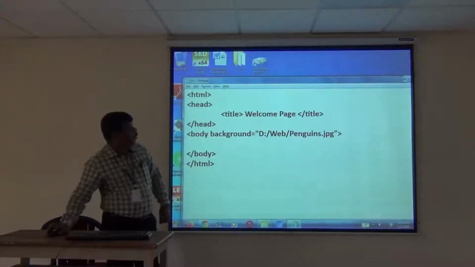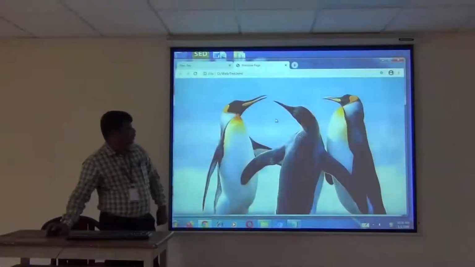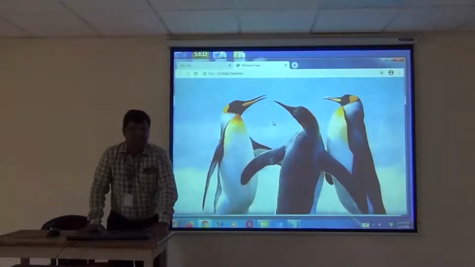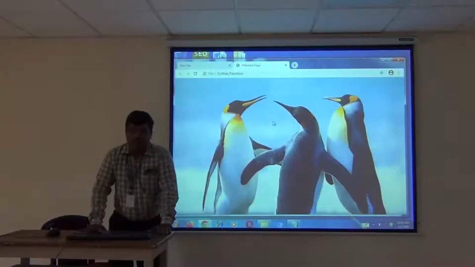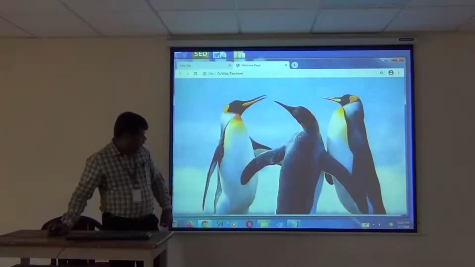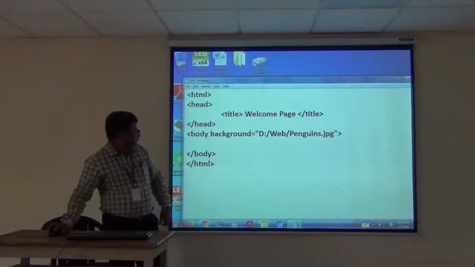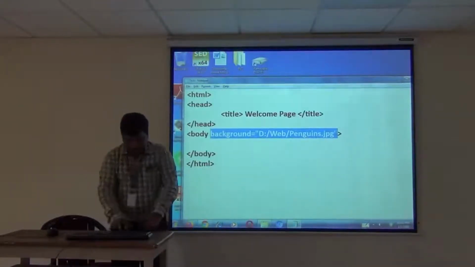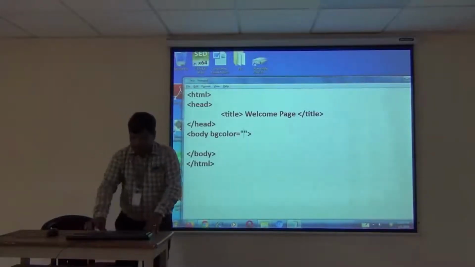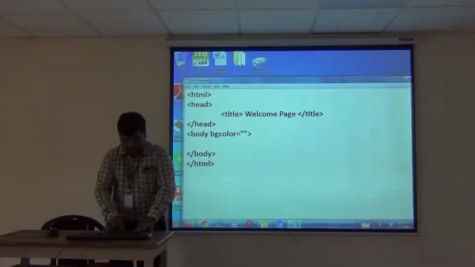So now I will open the browser. It will show like this. In the background we can do two things: change the colors, and change the background image. Now I am setting the background image in the body section. Suppose I want to change the background color, I have to use the body attribute bgcolor, and as the property value I give a color, for example yellow.